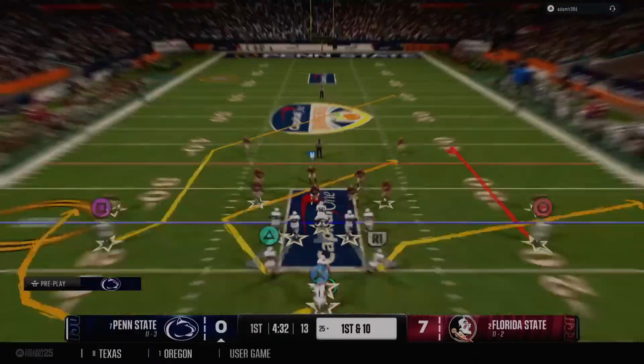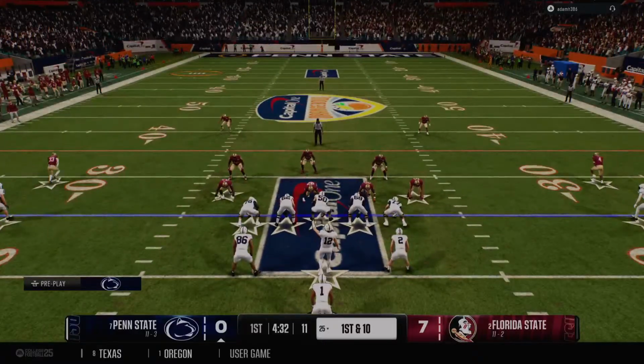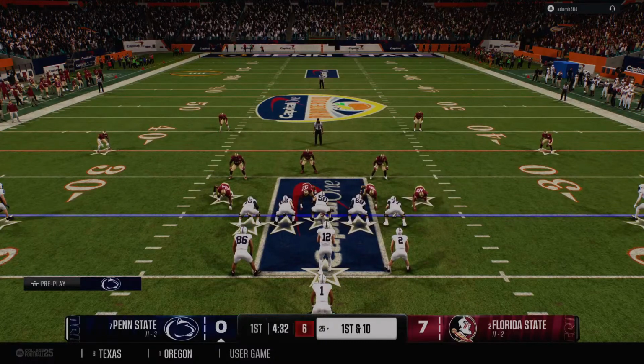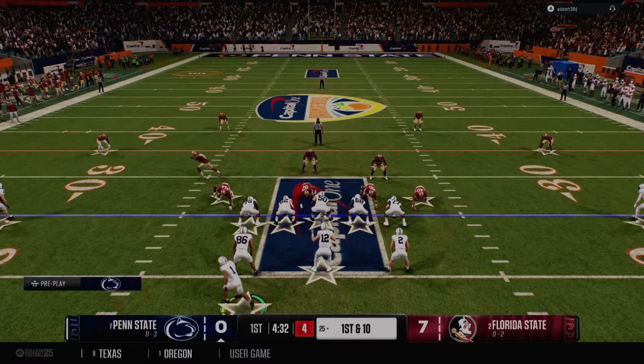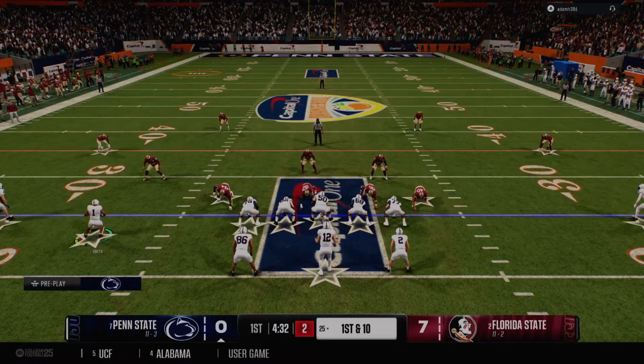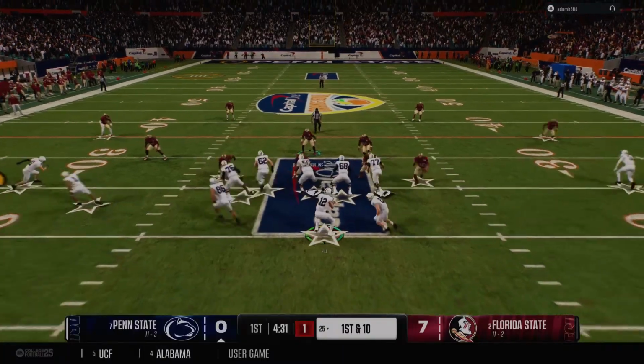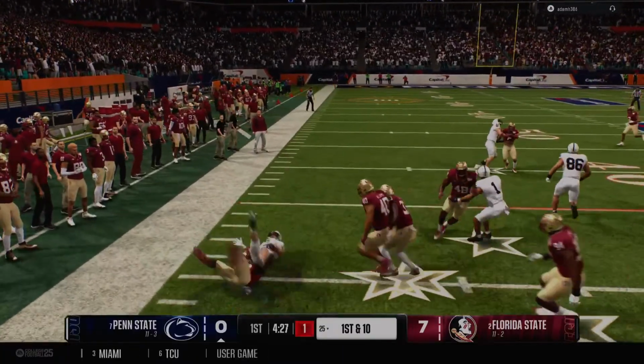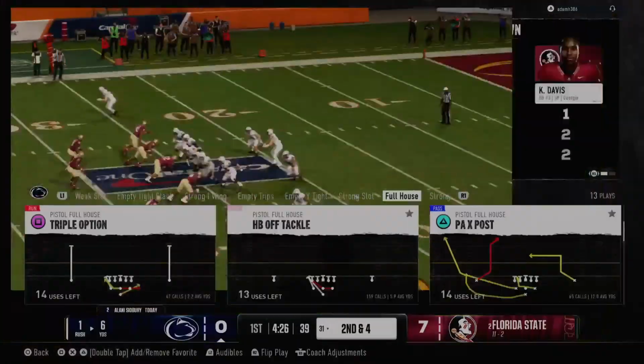And the Penn State offense comes back on the field. This offense trying to bounce back after the last possession ended in a pick. Back goes in motion now. Let's see how the defense adjusts. Offense will keep it on the ground here. They'll tackle him right at the 31.